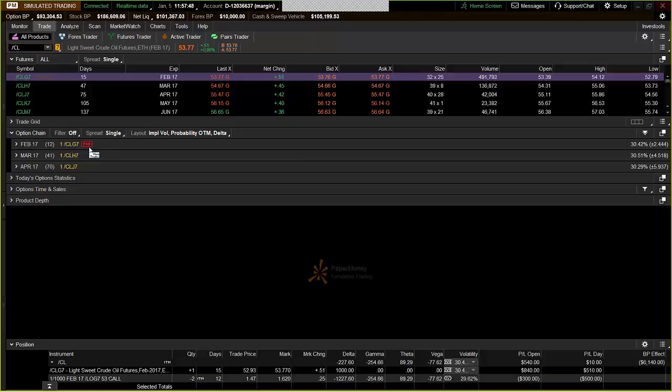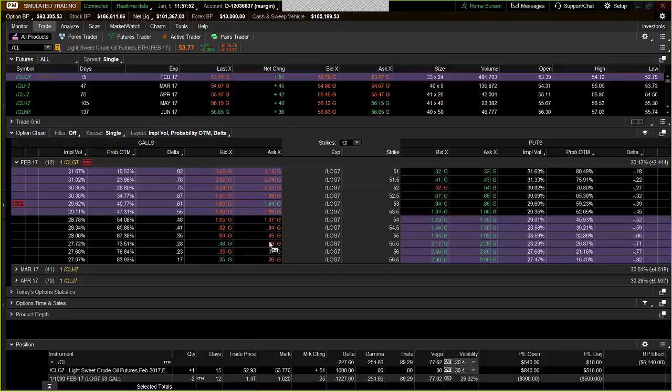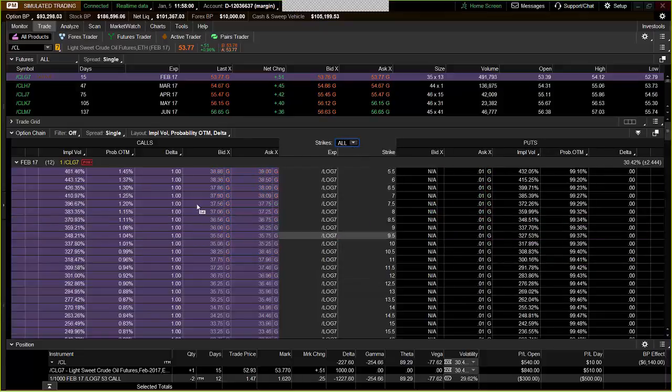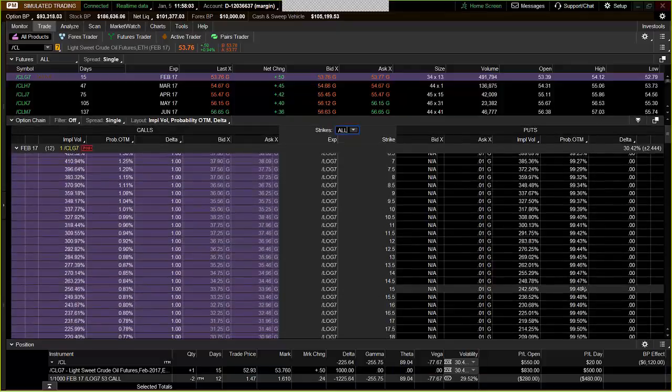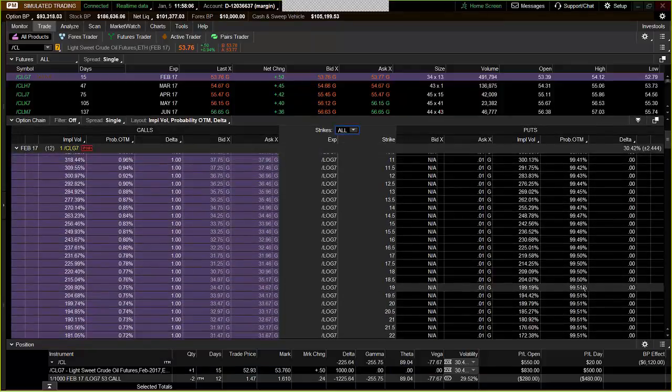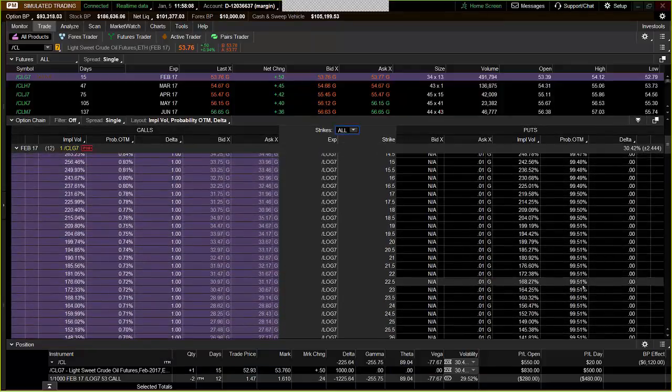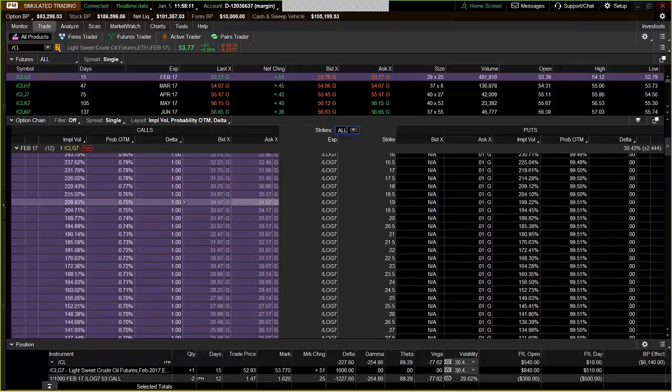Okay, this is the one I've got on, which is the 12-day. In the 12-day, look at how many different choices I have. I'm only displaying 12. If we go here to all, we've got choices of all kinds of stuff to choose from. Which contract do I put on? So now, the way Rick does it, if I'm correct in saying this,